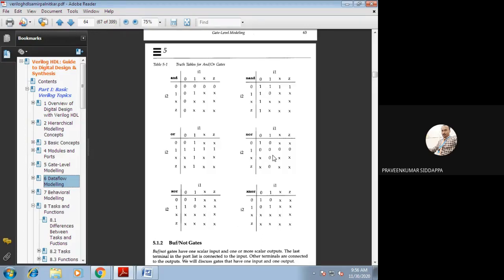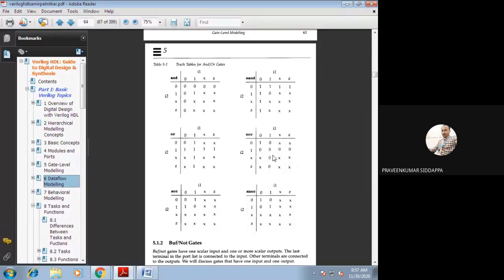Next, I1 is 1, I2 is 0, then also 0. For the first row, all should be 0. Why? 0 multiplied with anything gives output 0. Is the first row clear?